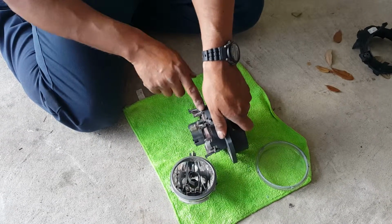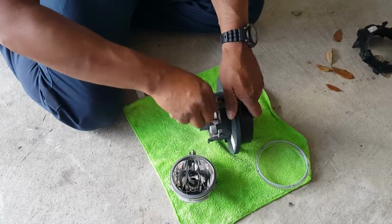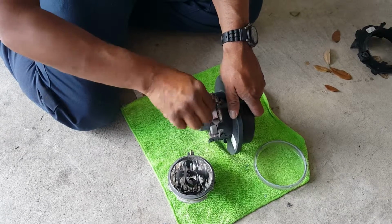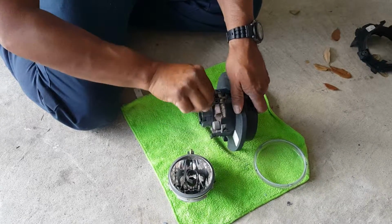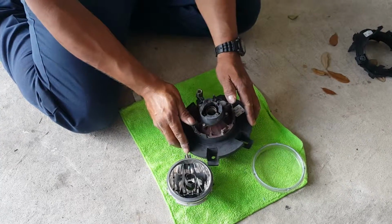As you can see, the gap is coming out. The little reflector is coming out because you're twisting this out. Once that's done all the way out,